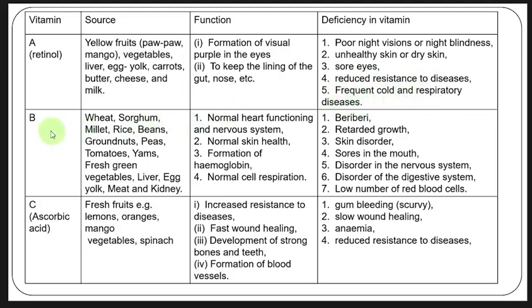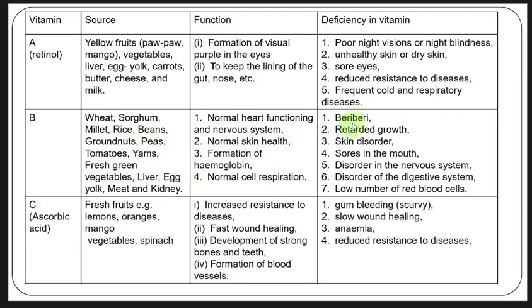All right, so we move to vitamin B. The sources are wheat, sorghum, millet, rice, beans, groundnuts, peas, tomatoes, yams, fresh green vegetables, liver, egg yolk, meat, and the kidney. Its function is in normal heart functioning and the nervous system, as well as in normal skin health and also formation of hemoglobin. It also helps in normal cell respiration, and the deficiency of